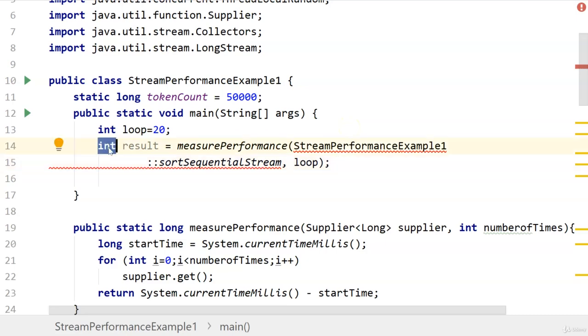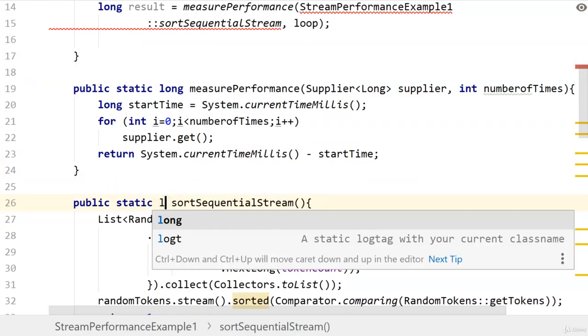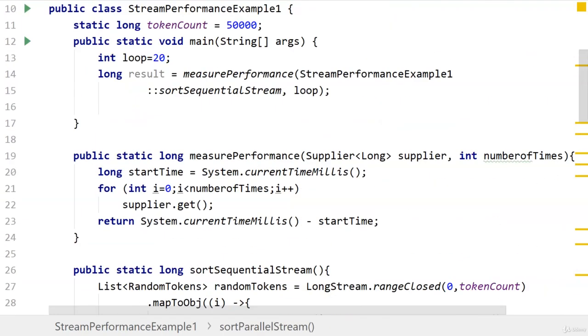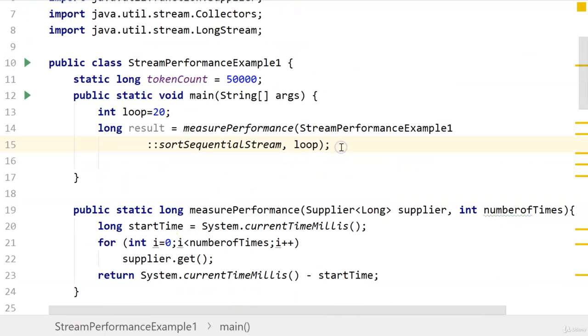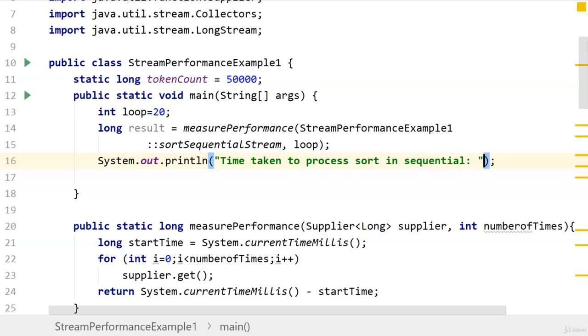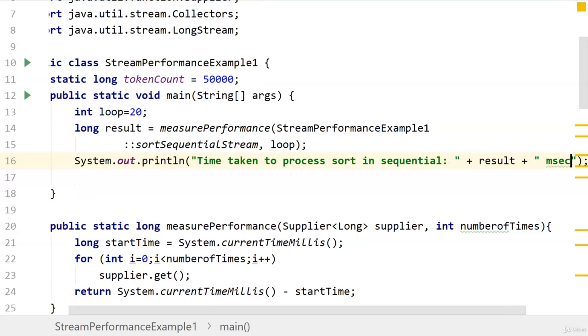Cannot convert. Here we have to find the integer, so let's convert this to long. So this will take care of the error. Now let's print out the result. Time taken to process sort in sequential plus result plus milliseconds,